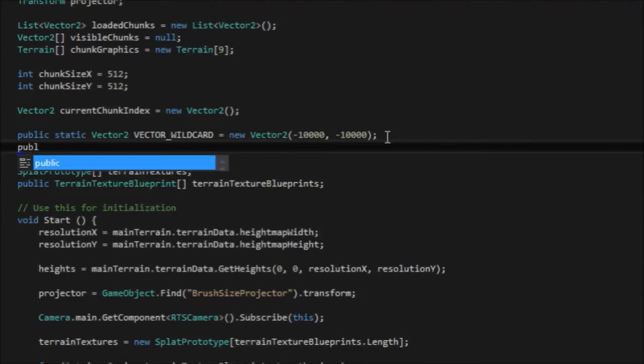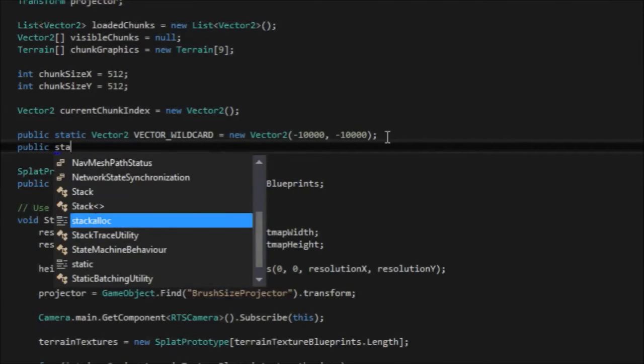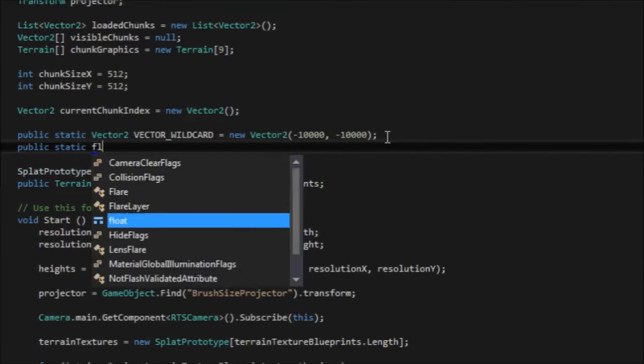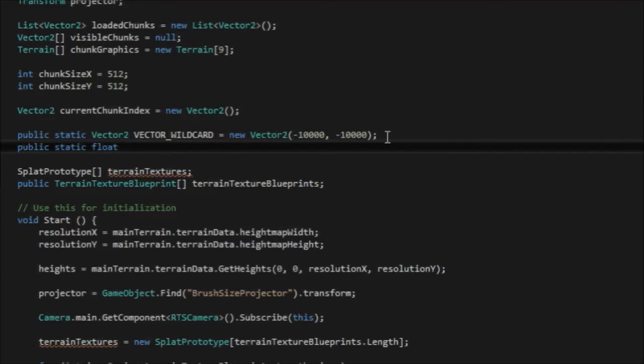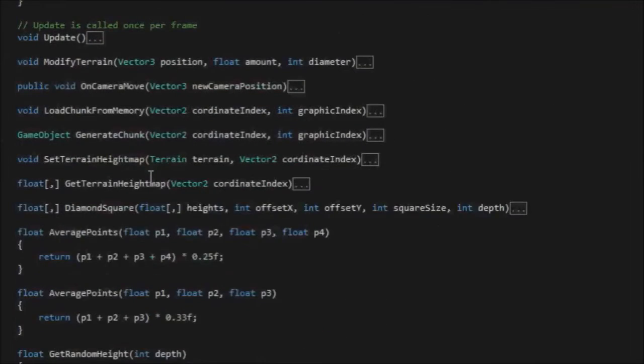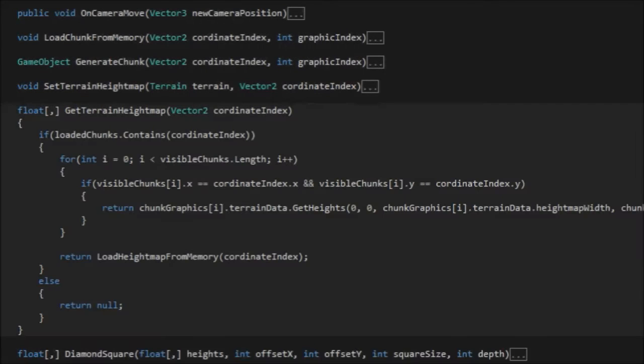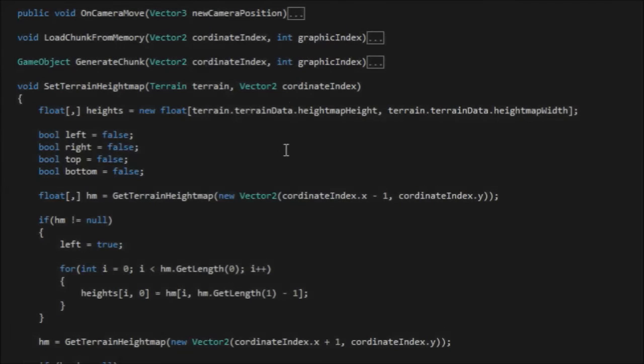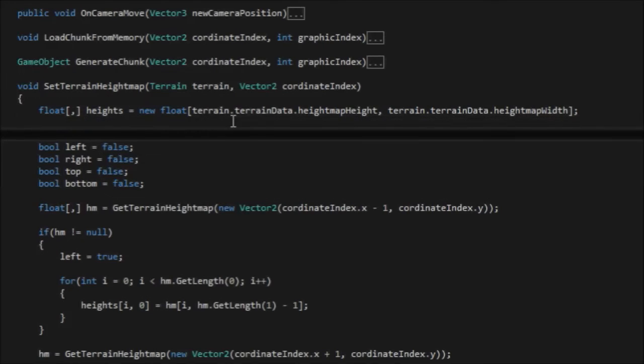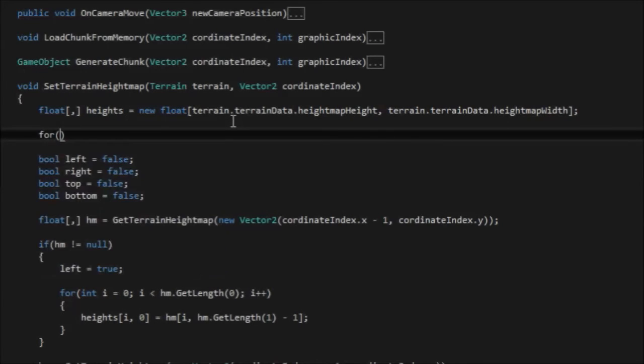I'm going to do public static float and call it terrain, or I'll do terrain in caps, terrain height wildcard. I'm going to make that equal to -1. And we just need to modify a few things in here. In set terrain height map, heights must be initialized to that wildcard, so we need to say